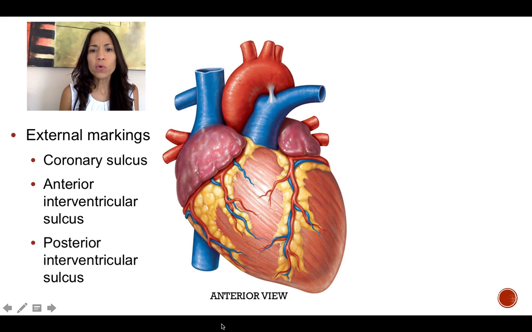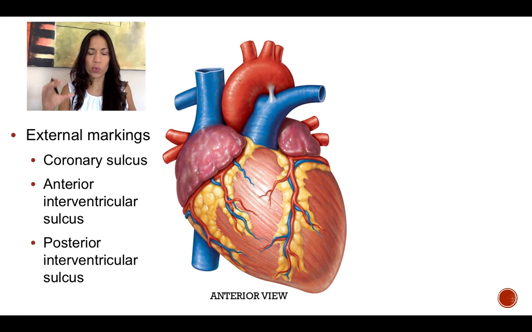Okay, so we know the heart so far is this cone-shaped muscular organ and is hollow. Remember, we have the four cavities or the four chambers inside: two superior chambers, the atria, and two inferior chambers, the ventricles, right and left. Now, when you see it from the outside like that,